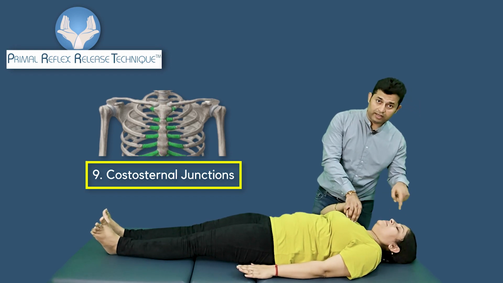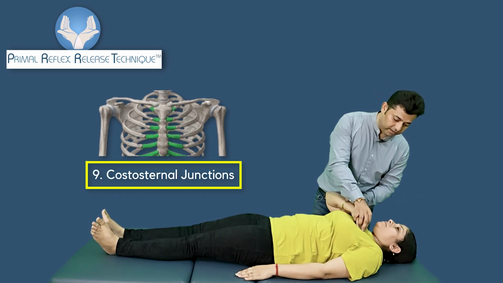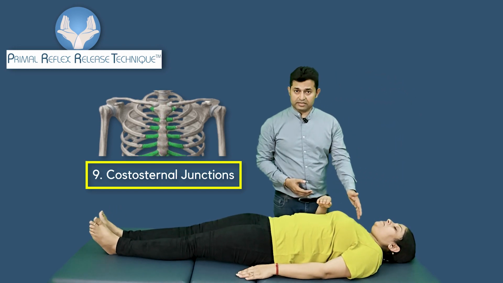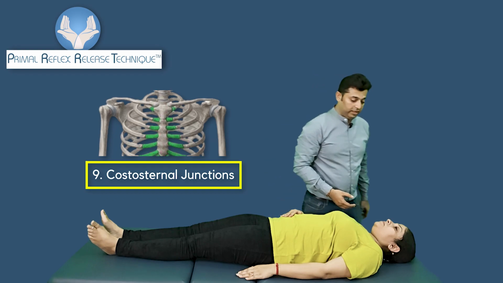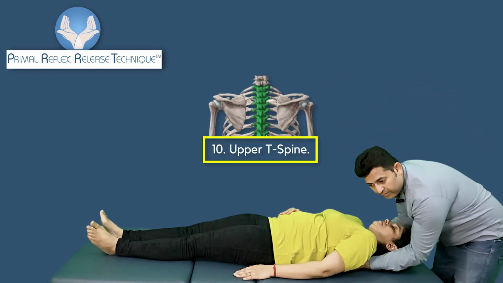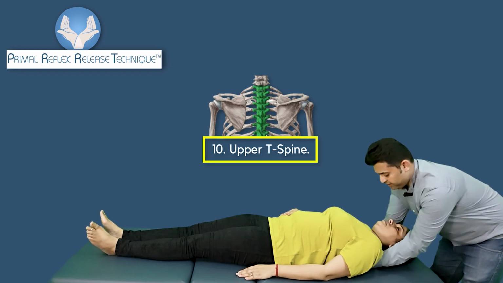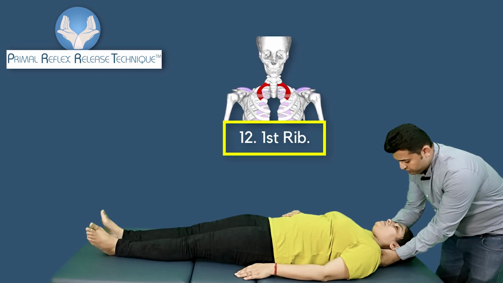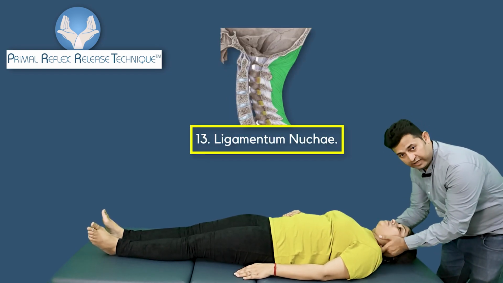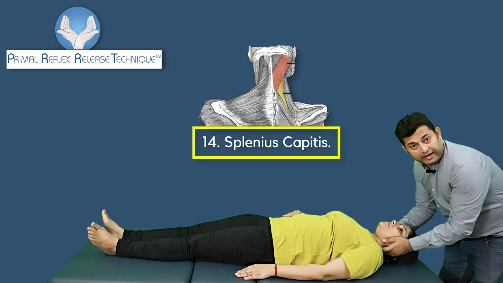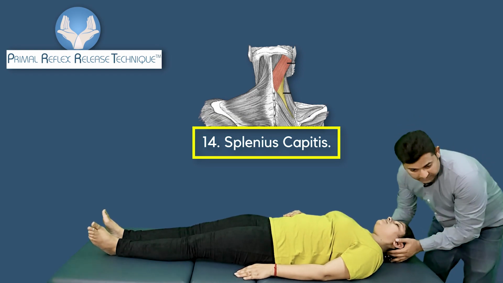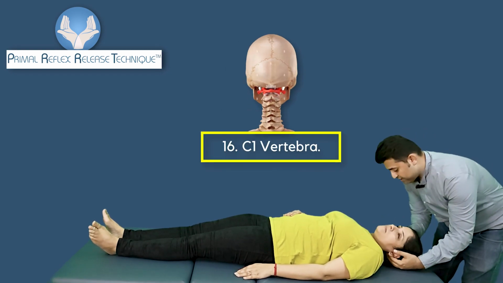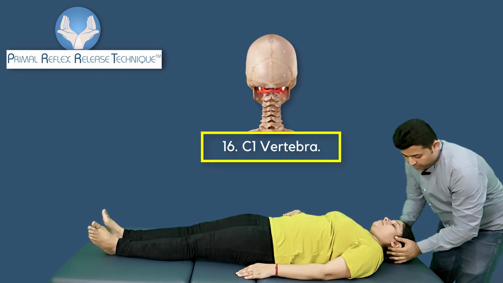You can see how the patient is behaving to our assessment. One side is painful and the patient is having a pain response, and this dysfunction cannot be ignored. Then we assess the upper thoracic spine. We check the left and right and we compare that. Then we check the levator scapulae on both sides. We check the first rib. Then we check the ligamentum nuchae. Then we check another important muscle, which is the splenius capitis. Then we check the C2 vertebra on the left and right side. Then we assess the C1, mobility, occipitalis,